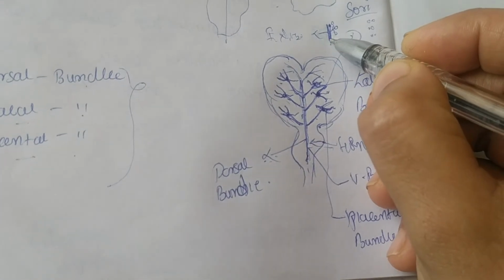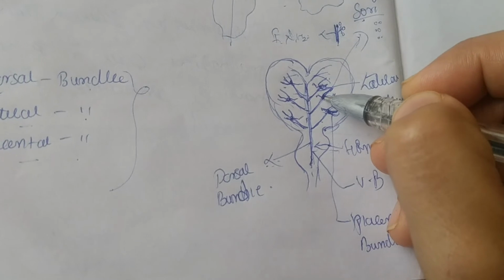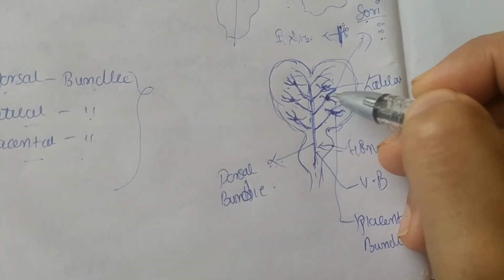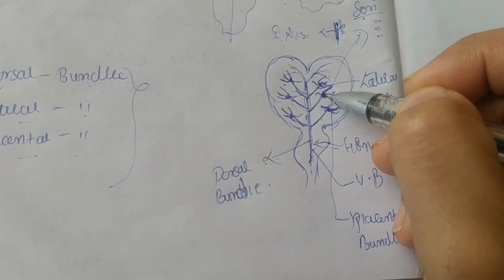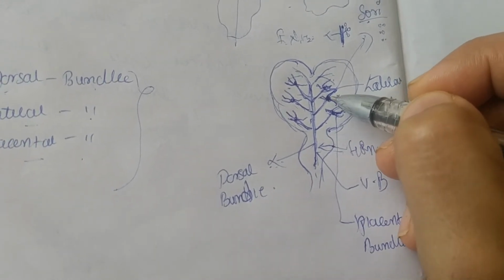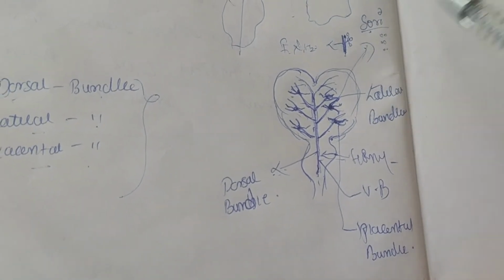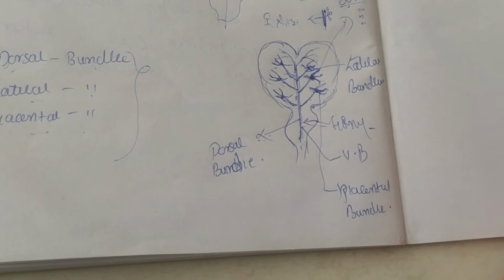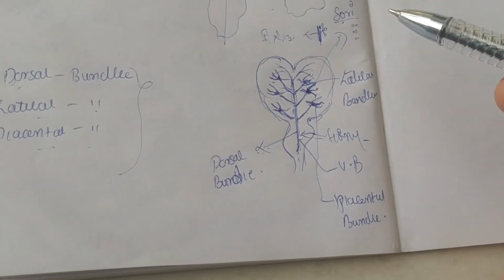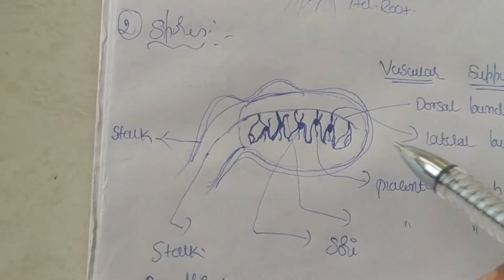Where are these receptacles present? These are present in the sori. Where are sori present? In the center of this fork, a round structure called sori. Even at this point only, these placental bundles are arising and they are reaching the receptacles in order to supply water, food, etc. to them. So this is nothing but a closed network kind of vascular supply in case of a sporocarp. This is how its structure looks.